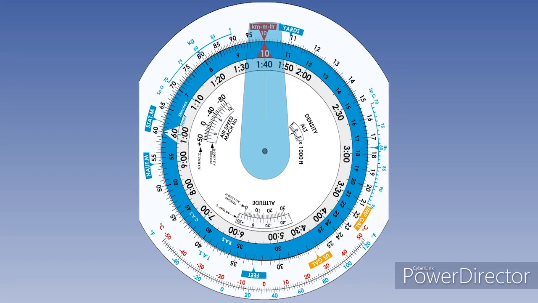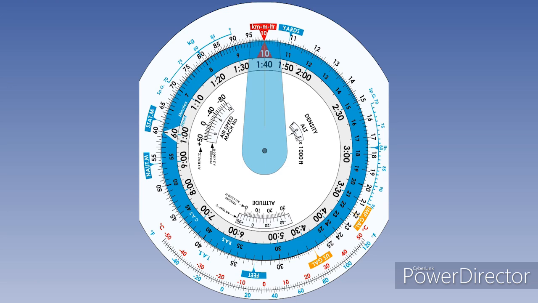To use the navigation computer as a time, speed and distance computer, we utilize the apex of the 60 index on the inner scale. If we're given a distance and a speed, we can calculate the time taken to travel that distance by setting the 60 index on the inner scale against the speed on the outer scale. Now, if we locate the distance on the outer scale, we can read off the time on the inner scale